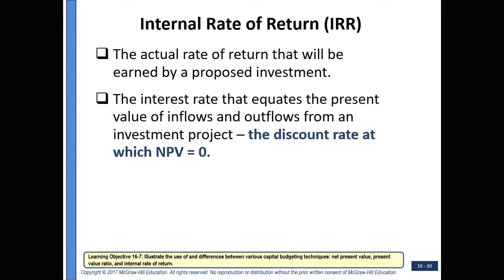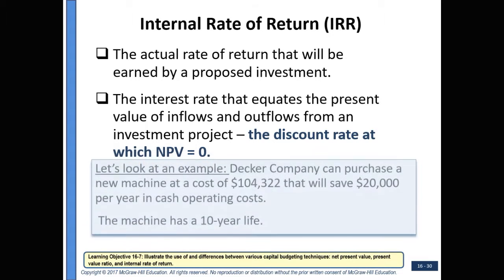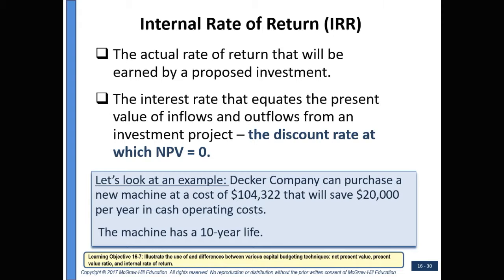The internal rate of return is the actual rate of return that will be earned by a proposed investment. It is the interest rate that equates the present value of inflows and outflows from an investment project. The discount rate at which NPV is going to equal 0. Let's look at an example for Decker Company, who can purchase a new machine at a cost of